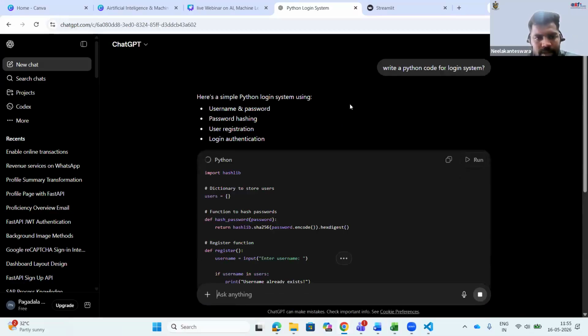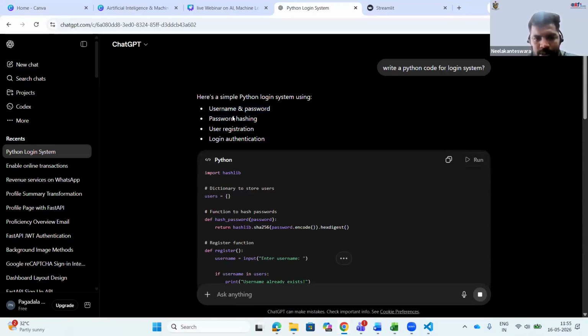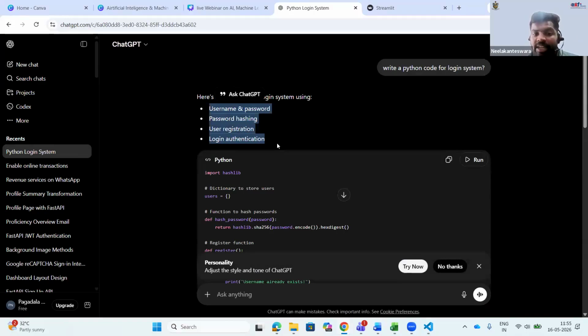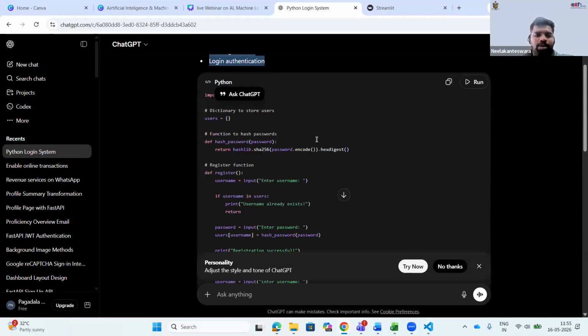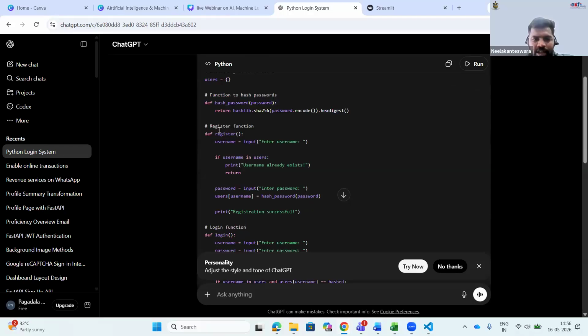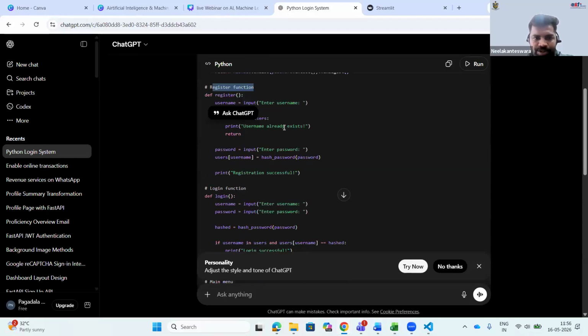Now see here. Wait a second. Yeah, it gives a simple username and password hashing program, and it includes user registration and login authentication also. Now check the code. It uses password hashing, nice. It first generates a register function, that means a user registration function.